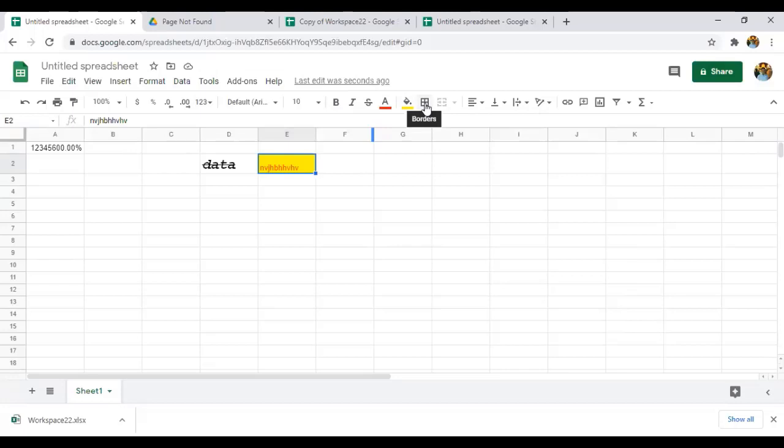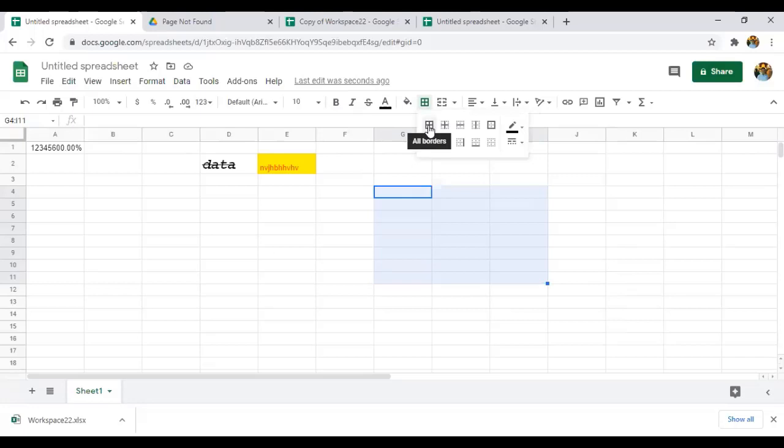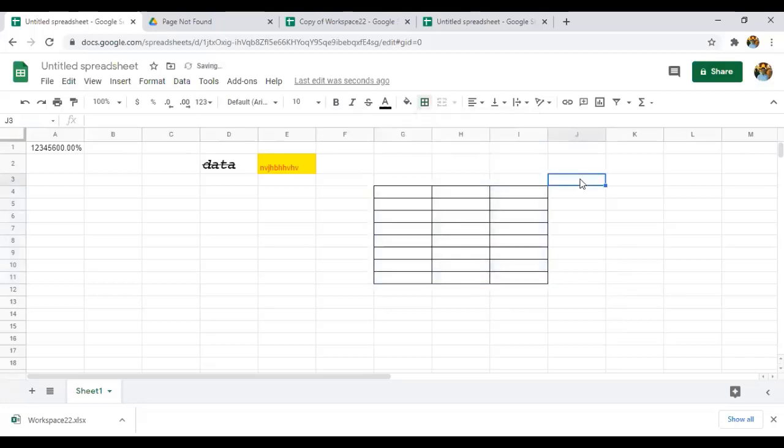And if you want to give borders to any rows or to some particular cells or columns, you just select those, go to the borders and click on all borders. You can see in the specific spreadsheet, you are giving borders to some of the rows and columns for special recognition or special identity.